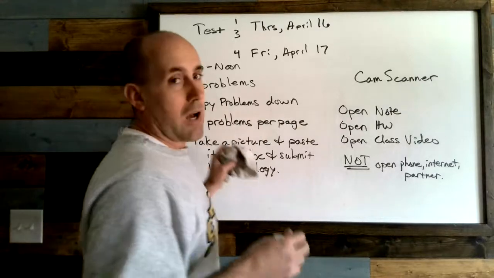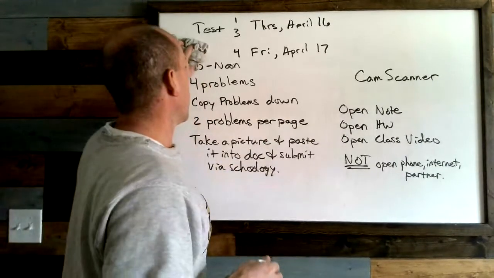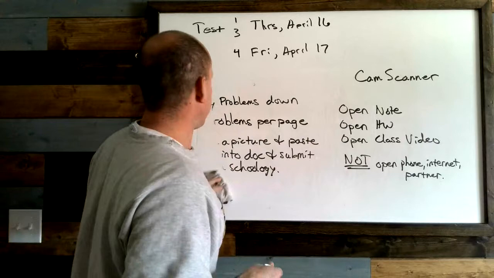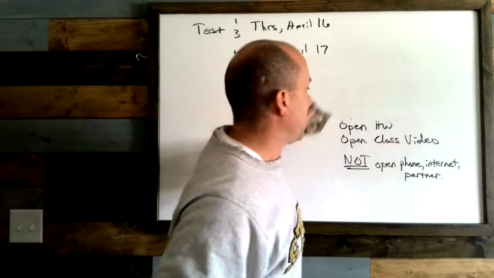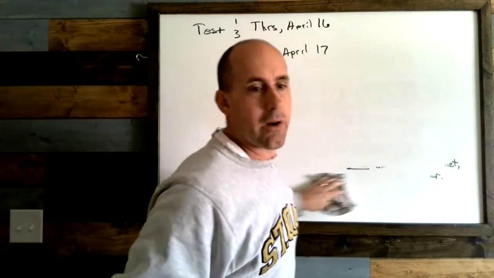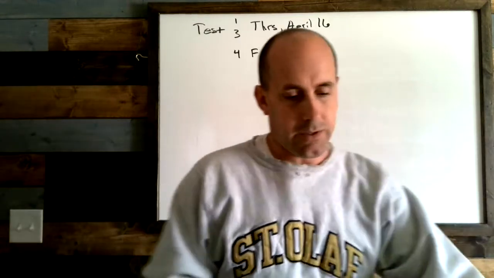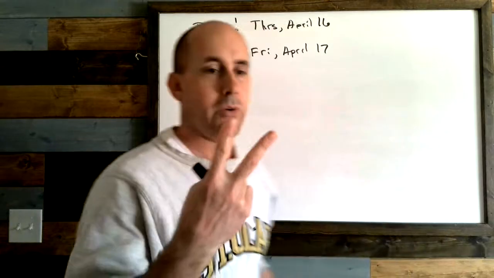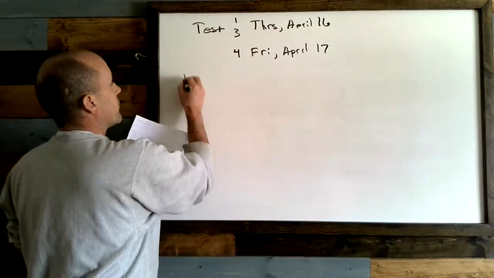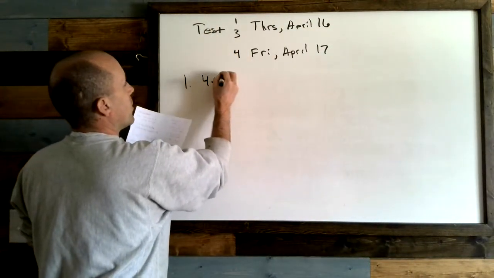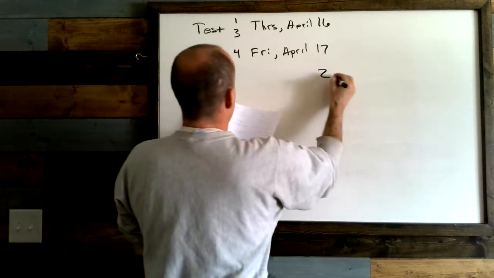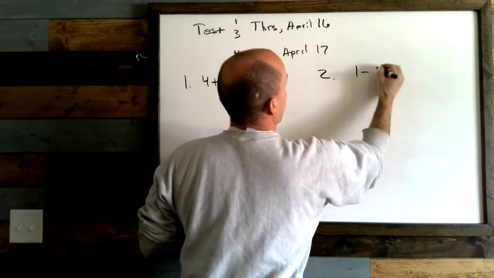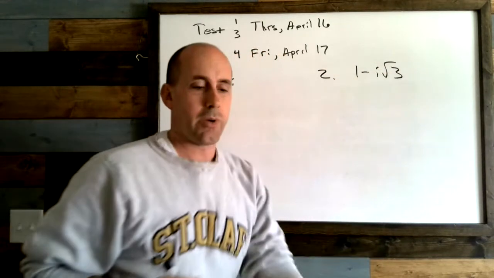Okay. So this is a review. I'm going to go over a couple problems for you. I only have 15 minutes for this video, and we are currently 2.5 minutes in, so I'm going to try to do this as quick as I can. We're going to place these 2 complex numbers in a trigonometric form. So 4 plus 4i, and the second problem we will do 1 minus i root 3. We're going to turn those into trig form.